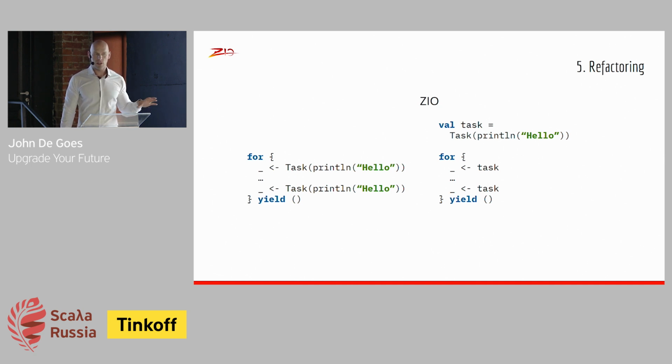That's the benefit of a lazy effect type like ZIO, is that you can refactor your code and you have a guarantee that its meaning will not change. You can introduce variables, you can eliminate them, you can introduce functions, you can eliminate them, you can change a def with no arguments into a val, and that will never change the meaning of your program. This helps you use all the refactorings you know and love on your whole program without having to think carefully, hey, am I actually going to break this or not?